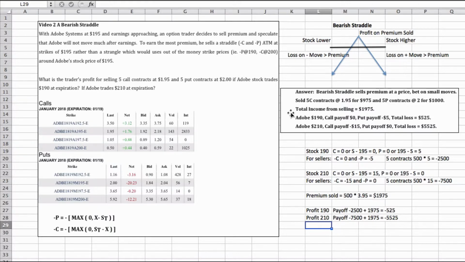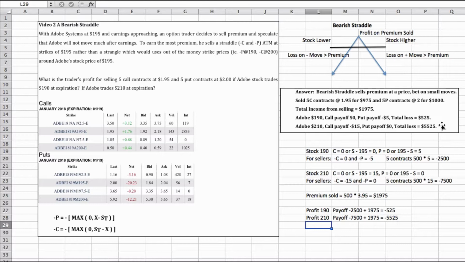So when we look at this, selling the 5 contracts puts, 5 contracts calls, strike prices 195 because that's where the stock price is. That's a straddle. If you wanted a strangle, you would actually use out of the money. You'd sell 190s and 200s instead of 195s as strikes. But this is a straddle, so everything's at the money. And we will evaluate it based on the 2 end results to see how either would do.